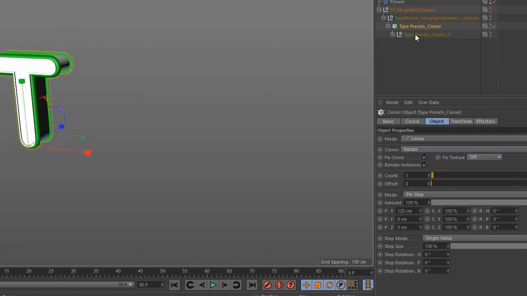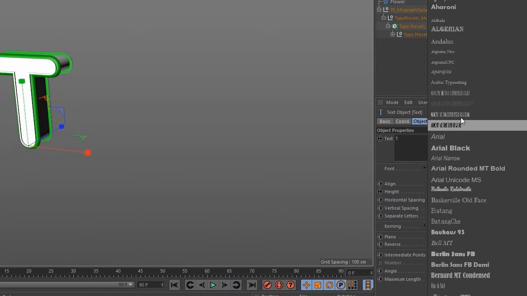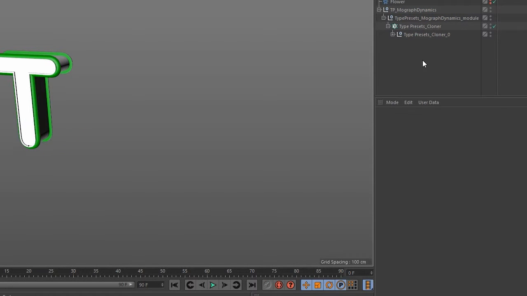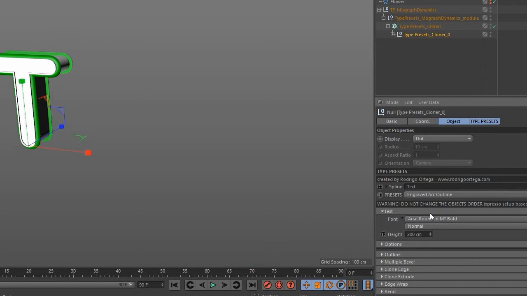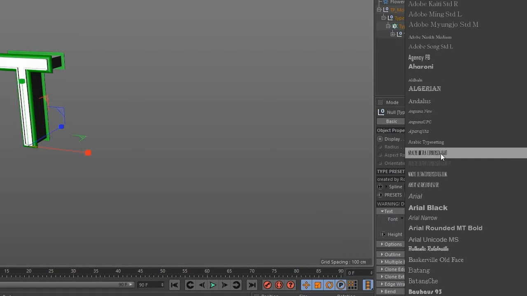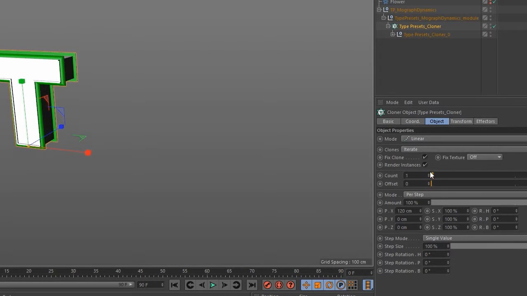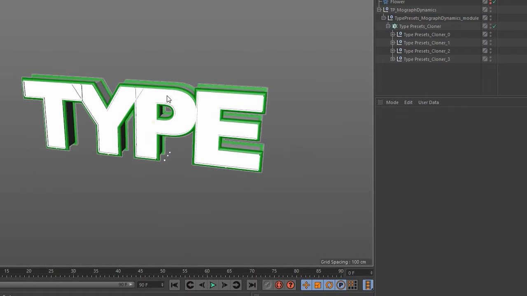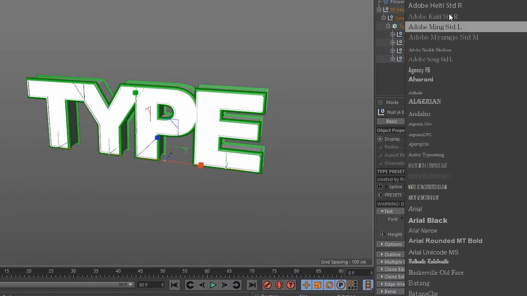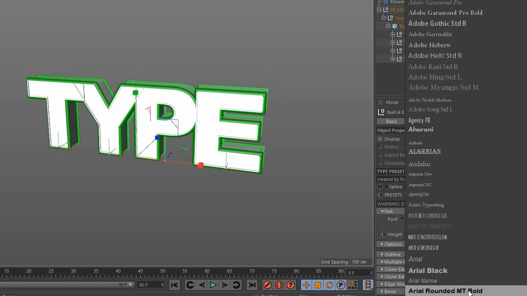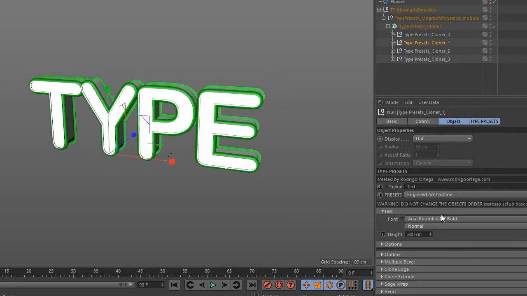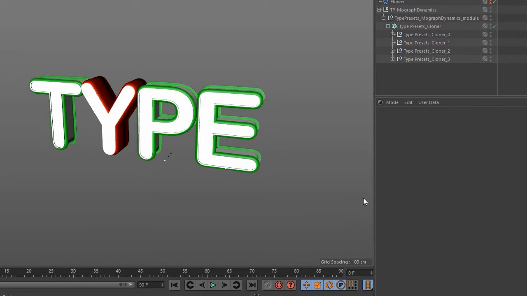And another thing that I was trying to do is to change the font here, but I remember I forgot that I have added here an option. So inside your type presets you have the option to change it here, okay? And also the size, the height actually, okay? So if I do for cloners, so here we have, and we can change the font here, and you have the option, as I was saying, to use whatever preset you want, different presets over the cloners,